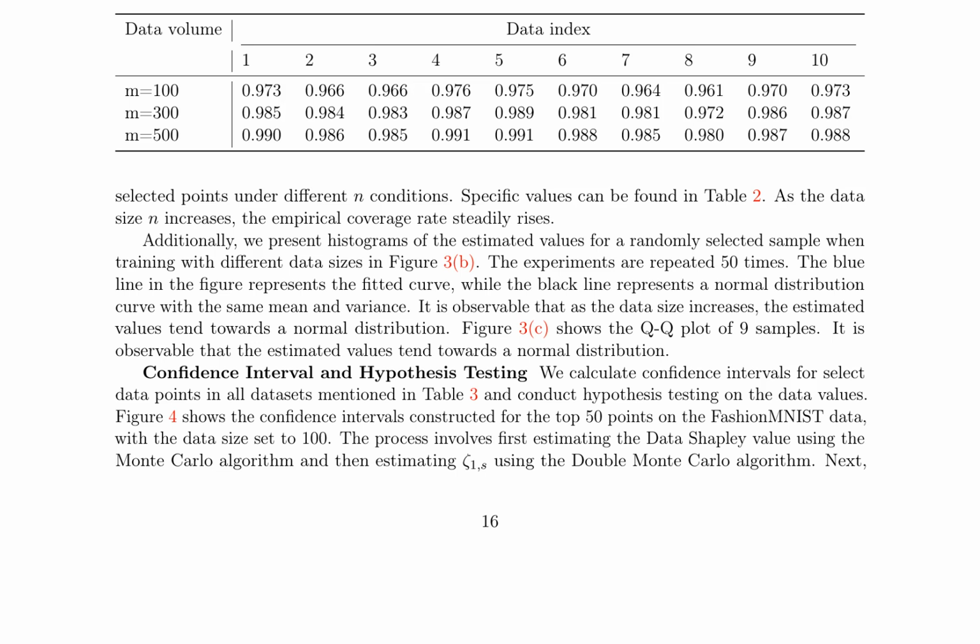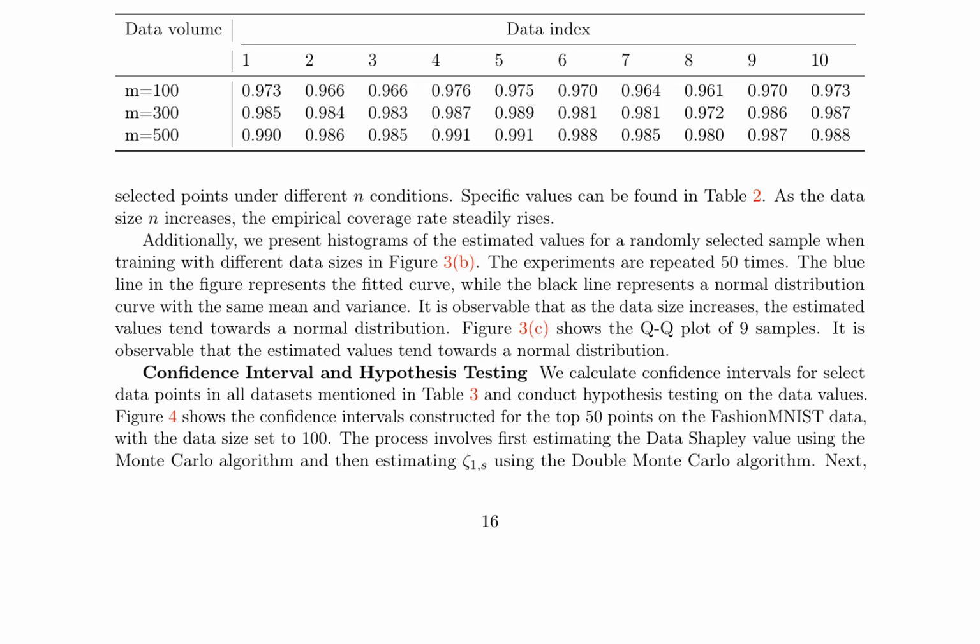Figure 4 displays confidence intervals for the top 50 points on fashion MNIST data, using a data size of 100. This process involves estimating the Data Shapley value via the Monte Carlo algorithm and then estimating zeta1,S using the double Monte Carlo algorithm. The estimation of Data Shapley values enables the attribution of contributions from individual data points to the model's performance. The findings suggest that larger data sizes lead to more accurate value estimation and improved empirical coverage rates. The confidence interval construction and hypothesis testing procedures facilitate the identification of influential data points and provide a framework